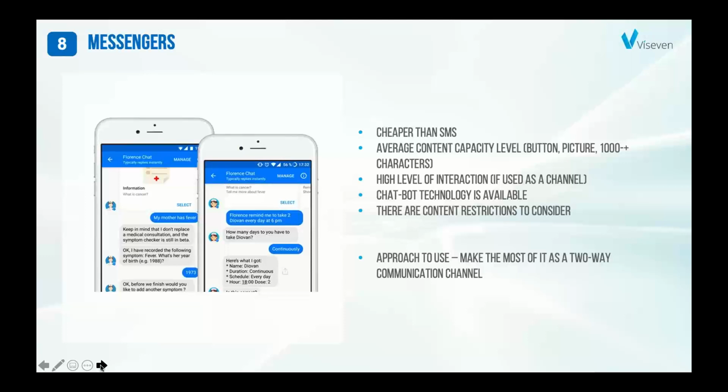And a really good approach here is to mix this human communication and the chatbot, some automated activities. And there are also some restrictions in some messengers, especially in WhatsApp and Facebook, on what exactly kind of messages we can send to the users.